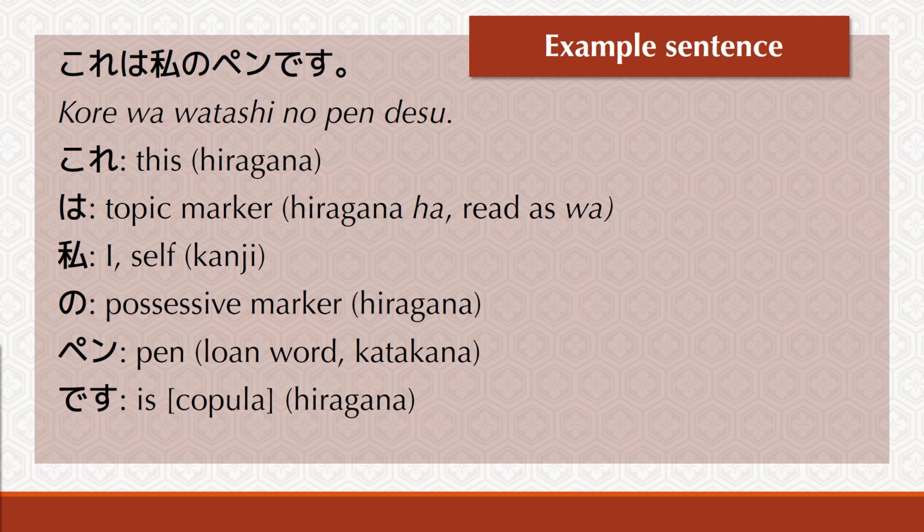It's written using kanji, and you can see that the complex Chinese character for it looks quite different from the simpler kana that make up the rest of the sentence. No is a possessive marker, and it's written in hiragana as we'd expect for a basic grammatical component. Pen is a foreign loan word here, and the fact that it's written in katakana reflects that. Finally, desu is the copula, a basic verb meaning something like is or to be in English. As you can see, even this simple Japanese sentence uses all 3 scripts.